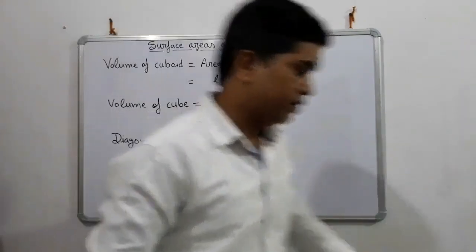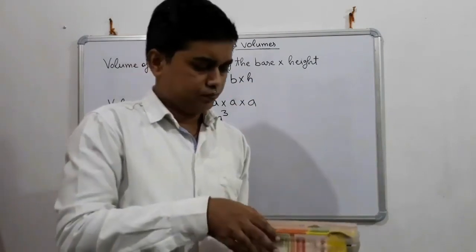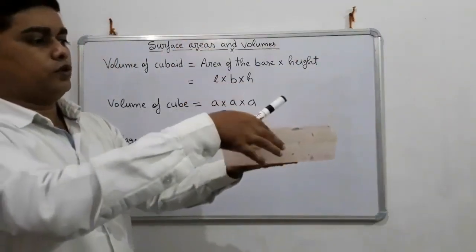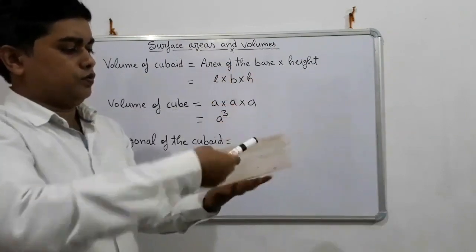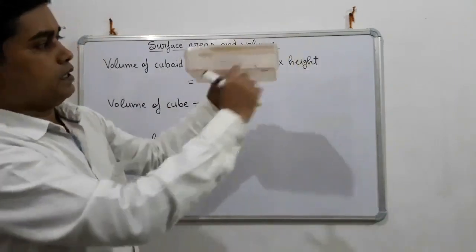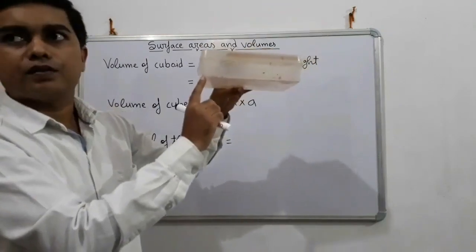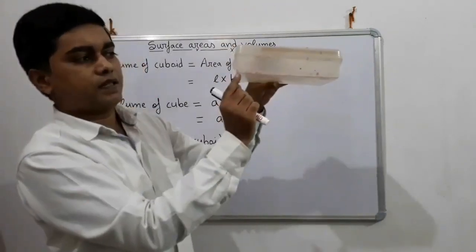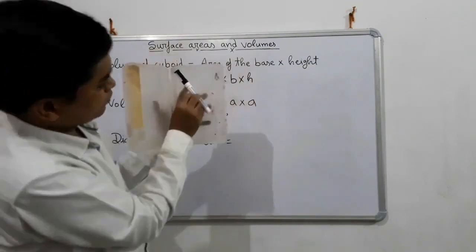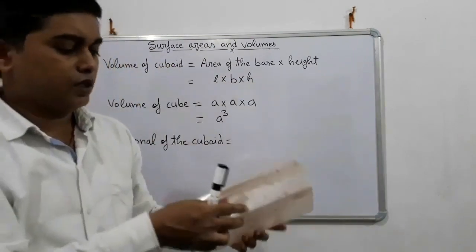Diagonal of the cuboid means if you have to keep a rod inside your room, it will be like this. Suppose this is your cuboid. See, this is the cuboid. Now I am going to put one rod inside this. Then how can you put it? Look, it is a little problem to show in 3D, but suppose you take the corner at the back here, and the corner at the top, and the corner of the base below, you have to join these. Means if you place it like this, it will go up like this and come down and join here, then that will be the diagonal of the cuboid.